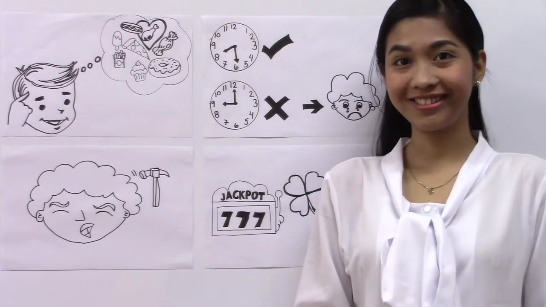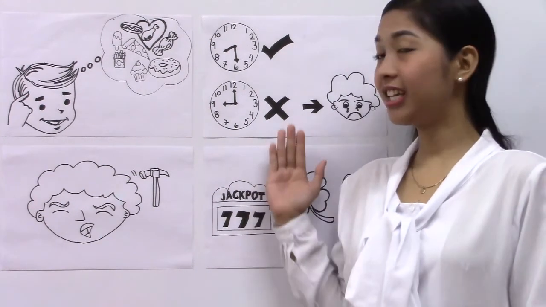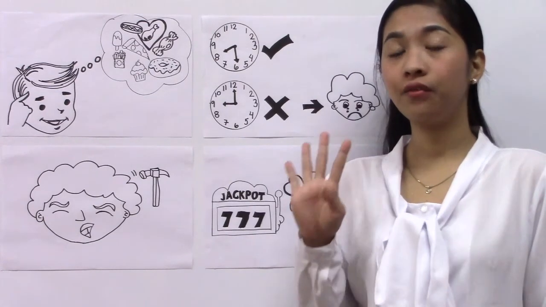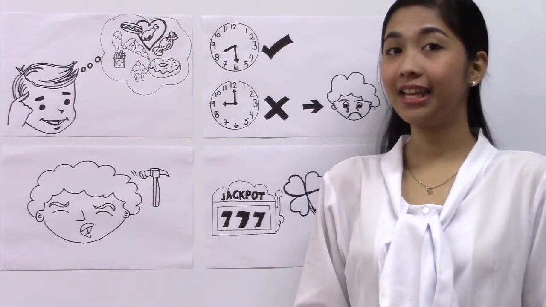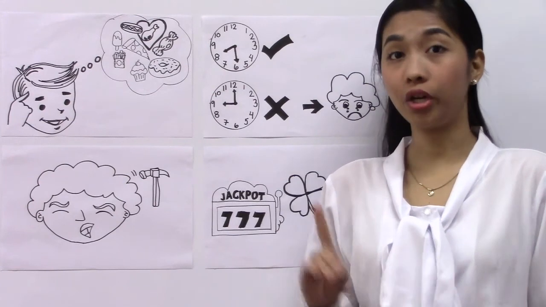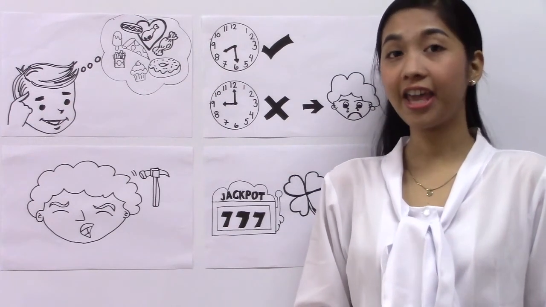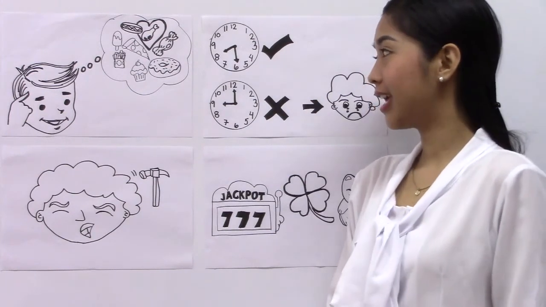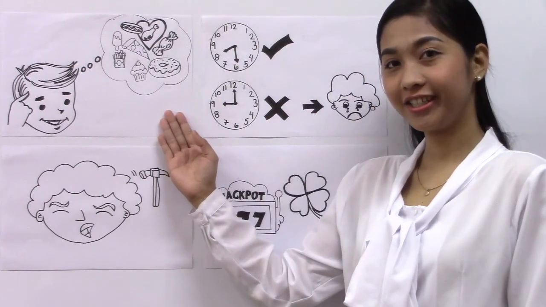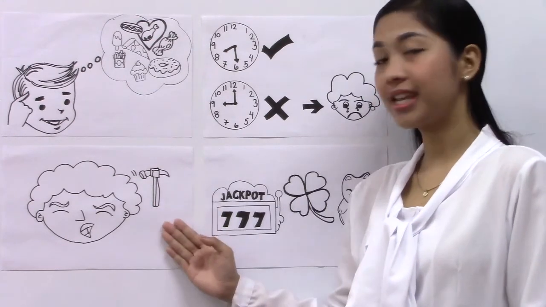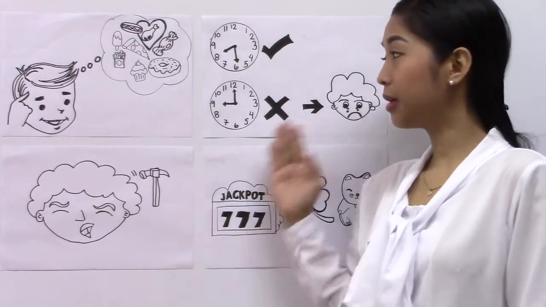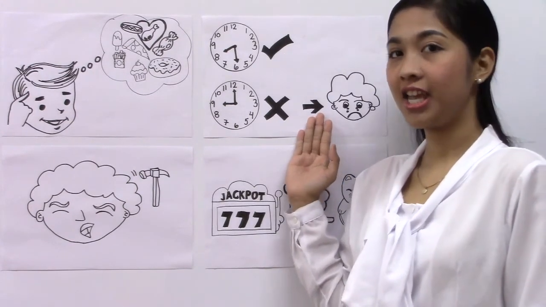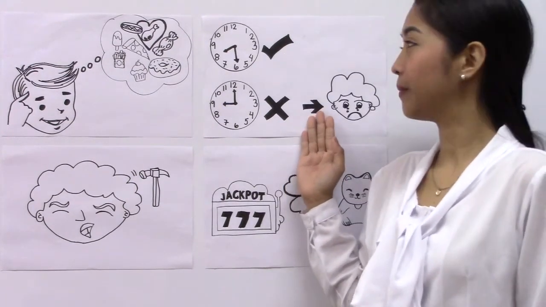What did you draw? Let us take a look at these 4 pictures and let's guess the 4 contexts. Let's start with context number 1, which is I am late. Let's try. Is this the first picture? Is it the second picture? What about the third picture? That's right. It's the third picture.